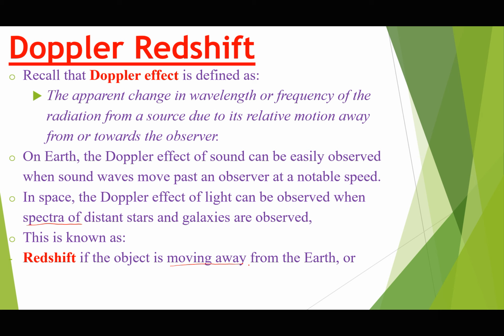Why are the spectral lines observed in light from distant galaxies tending towards the red end of the visible spectrum? Why is the wavelength tending towards the red end of the visible spectrum? Perhaps it's because the space between the source and the observer is increasing. If the object was moving towards the observer, then we would call it a blue shift. But since we don't experience a blue shift, then the universe could be expanding. The galaxies and the sources of light, or the stars, must be moving away from the observer.